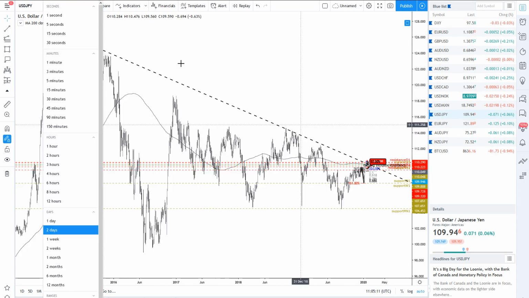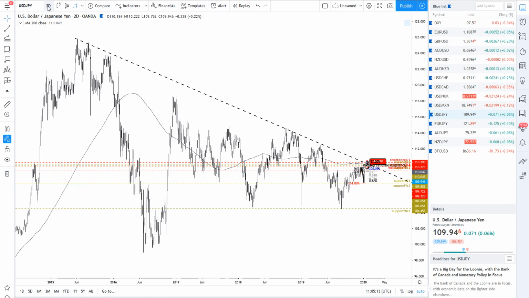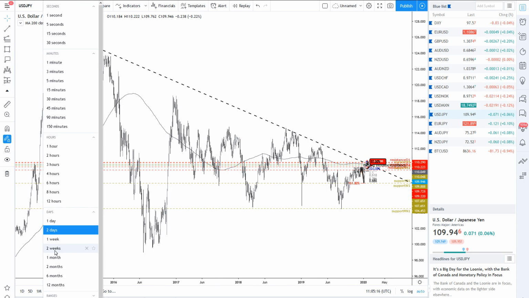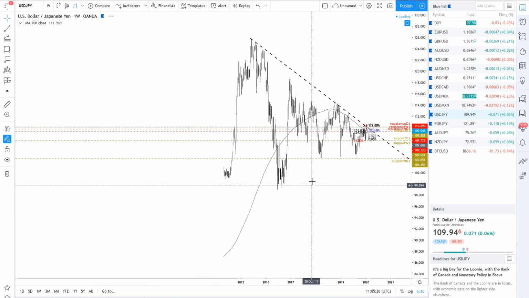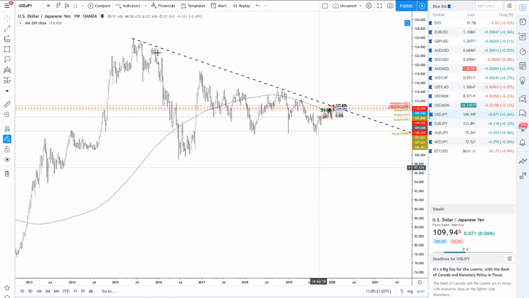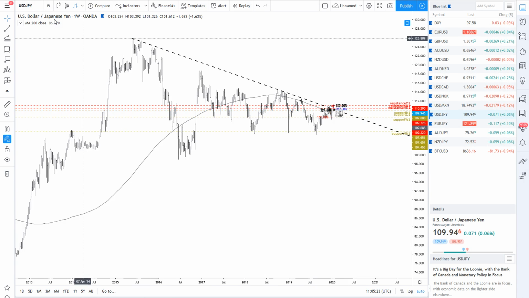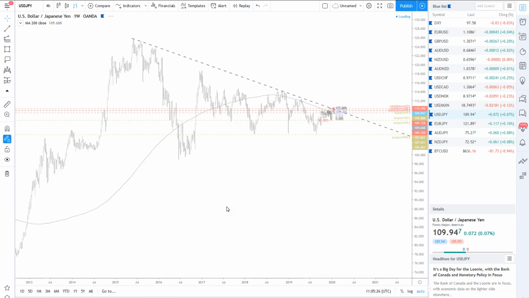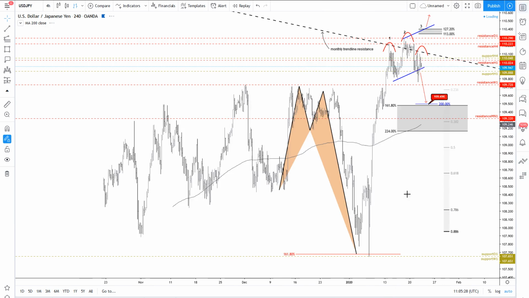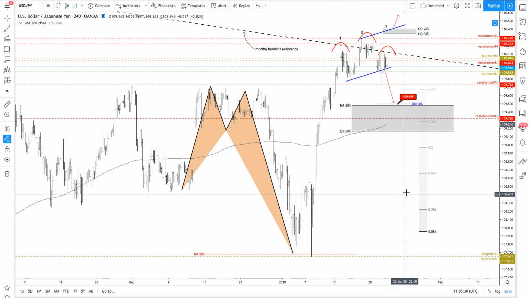This is a major trend line. So this is 2 days, a weekly time frame. You can see this in the 2 weeks, but let's go into a weekly time frame chart. Basically, this is a major trend line resistance, and if you go into a 4 hours time frame chart, we are now threatening this, we are rejecting this trend line resistance. So basically, what I want to show you here for dollar versus the yen,